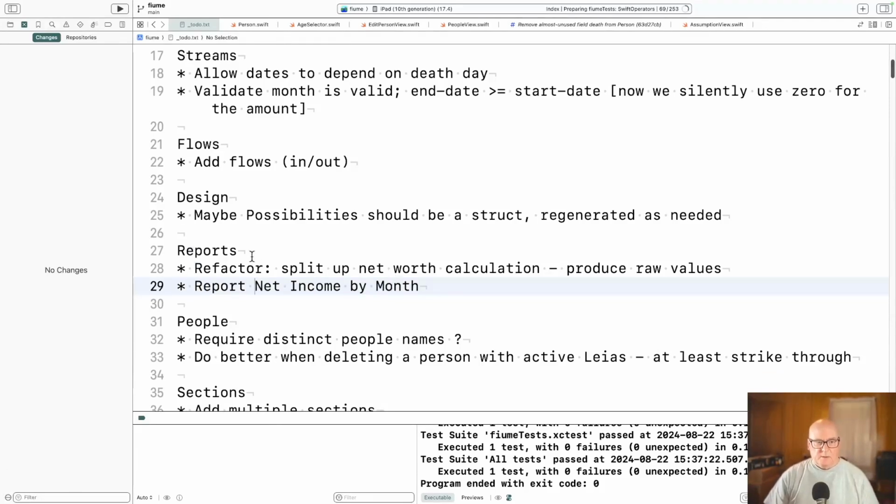Okay, so the goal is add a new report that's net income by month, and to do that, we're going to refactor this net worth. Okay, that feels like a reasonable one to tackle. And if we get partway through, it'll still be fine. Okay, so